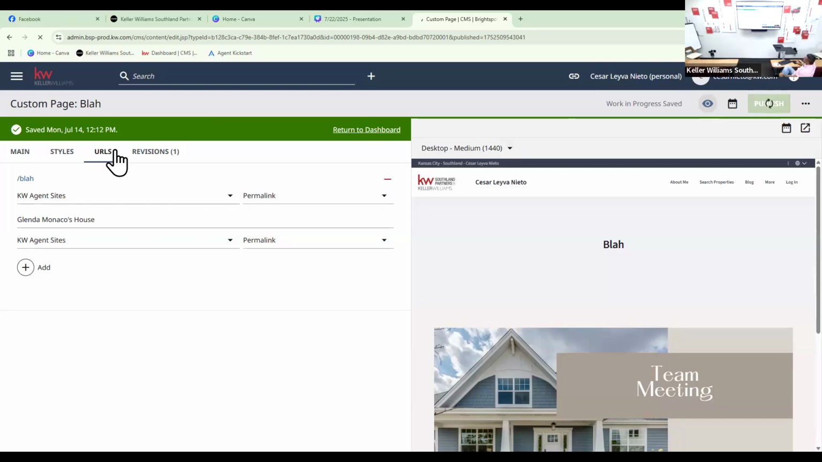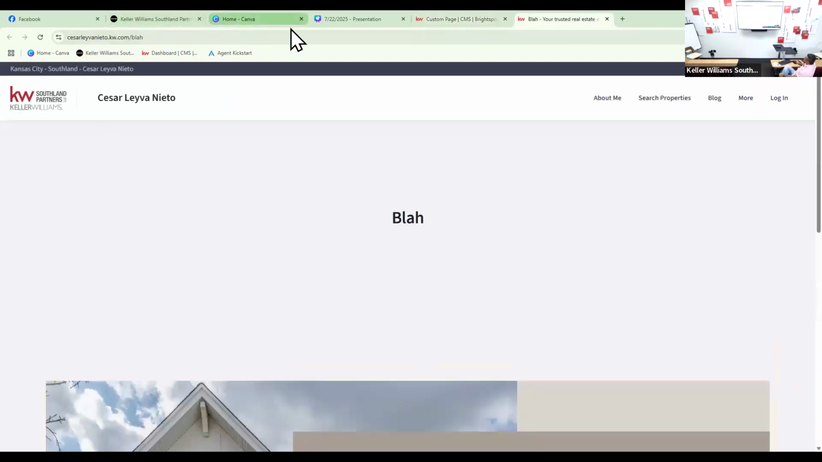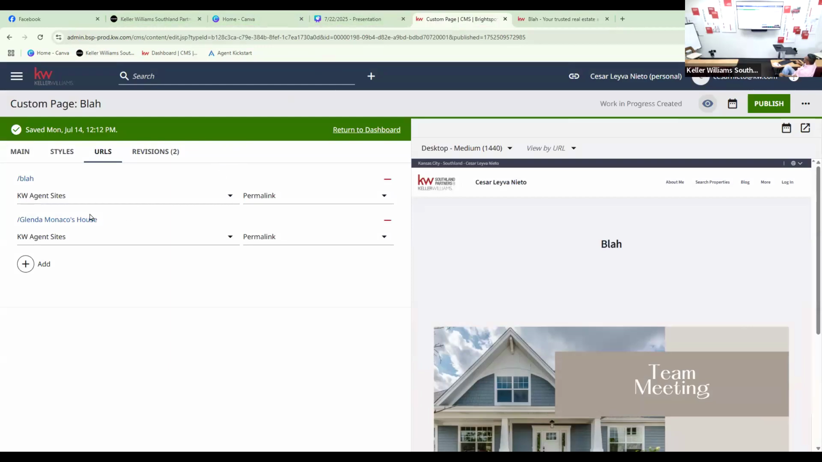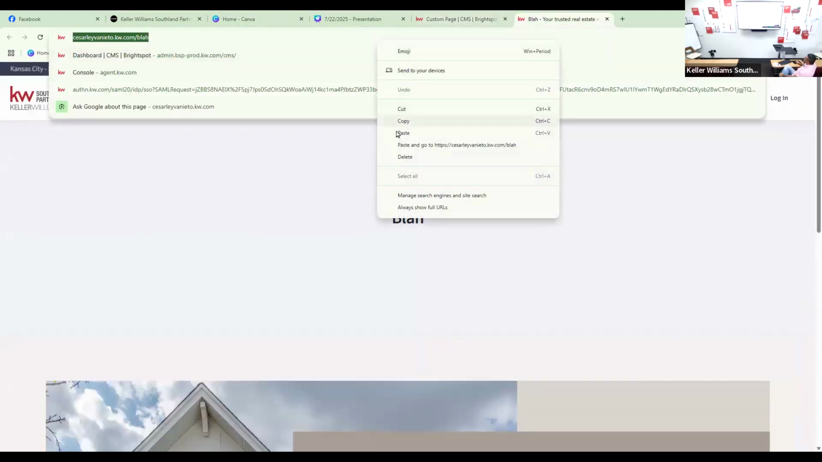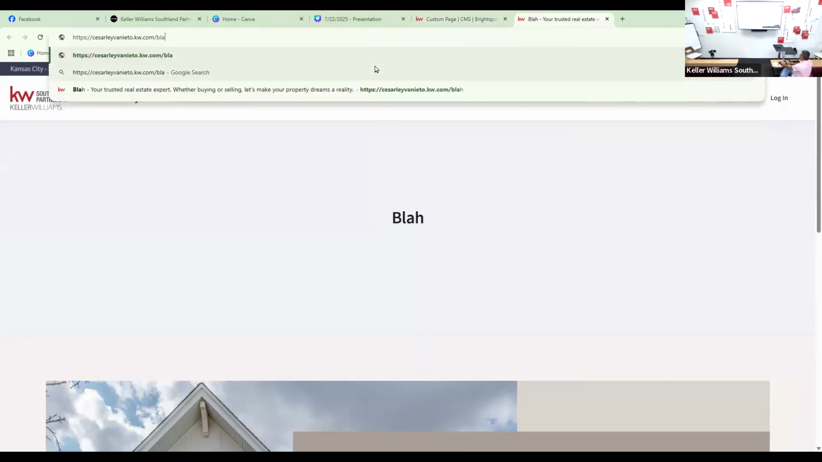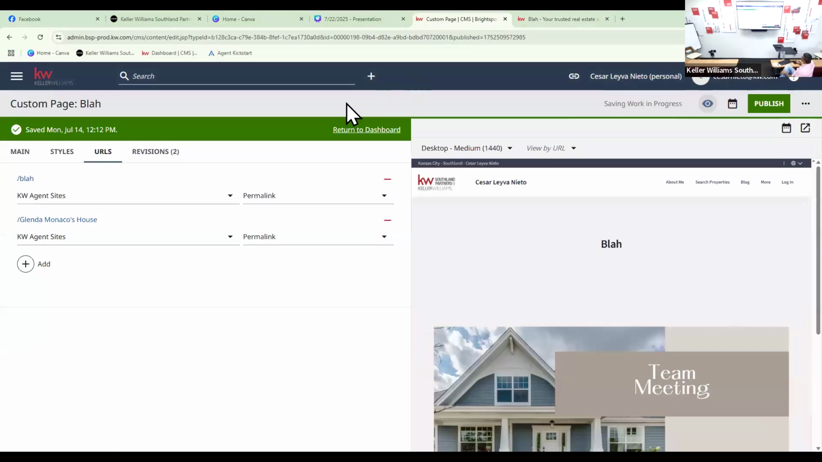So now when you come back under URLs, watch what happens. You click it right here. And even though it changed it to blah, you can literally click, if I remember correctly. This thing has a good way of making me look like a liar every time. Yeah. Glenda, Monaco. I don't know what it named it actually, because,